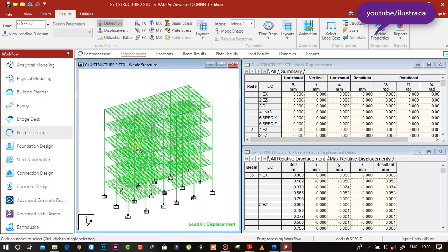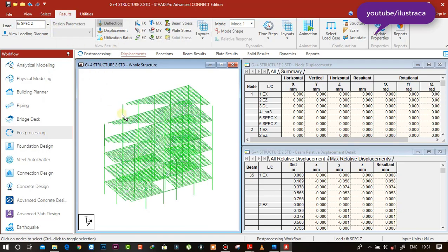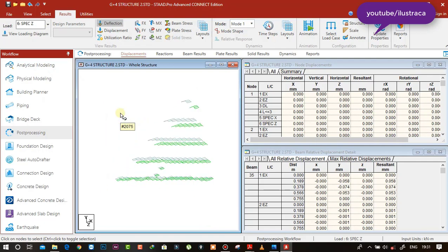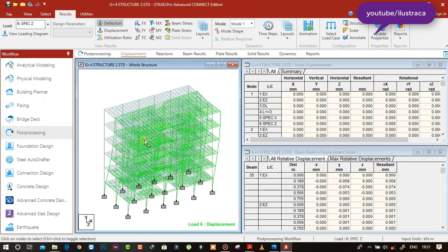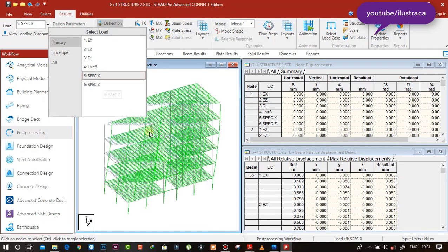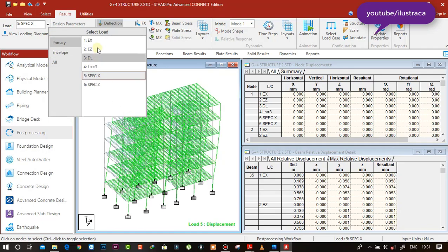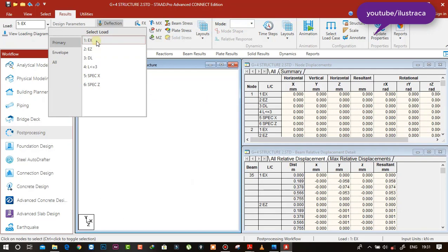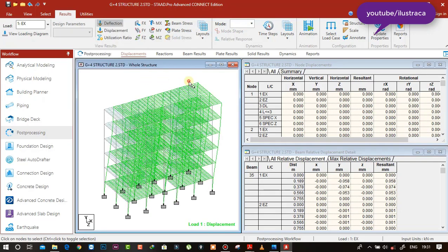So this is deflection, deflection due to spec Z, response spectrum load. I have just increased the scale, so you can see the deflected shape for X direction and Z direction. For EX, EZ also you can check, and you can check the displacement also.